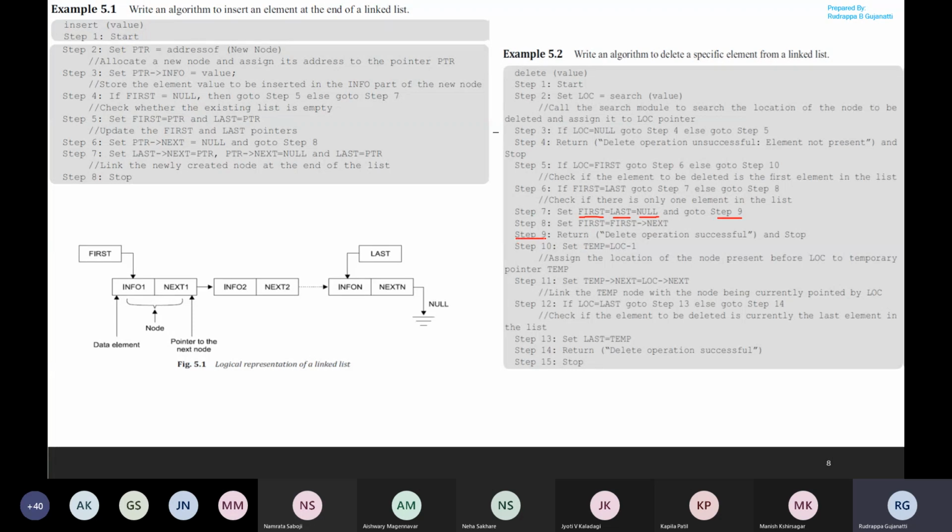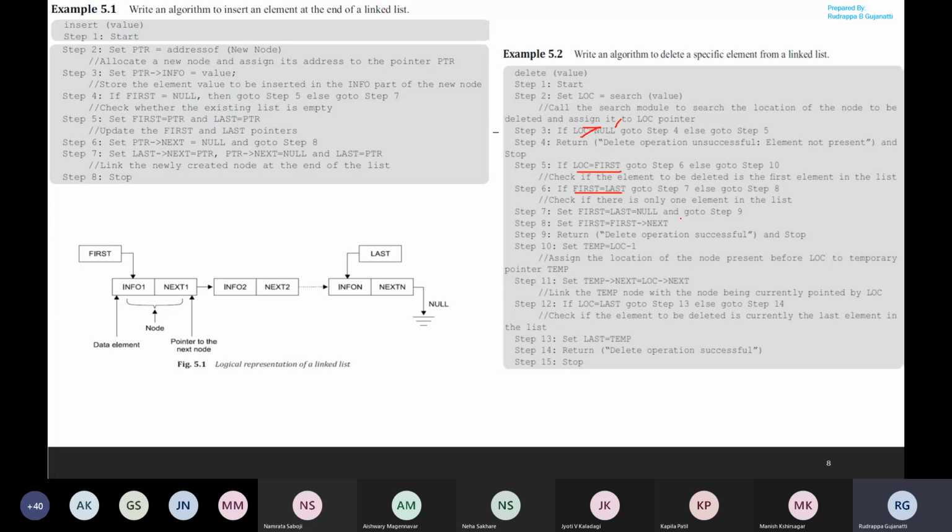In step 9, we are indicating that the deletion operation is successful and we stop the process here. So this is the operation we perform when we get the value, we know that it is the first element, and we know that it is the only element present in the linked list.